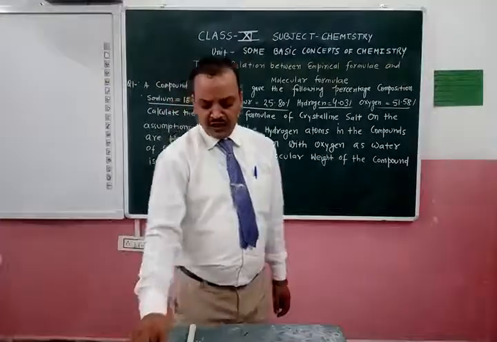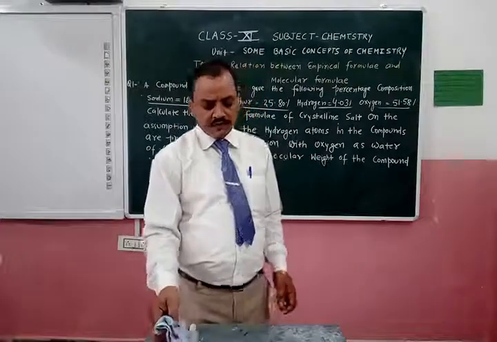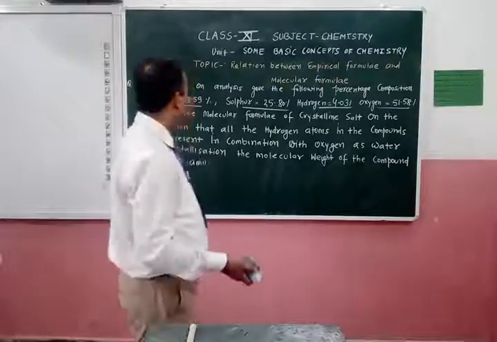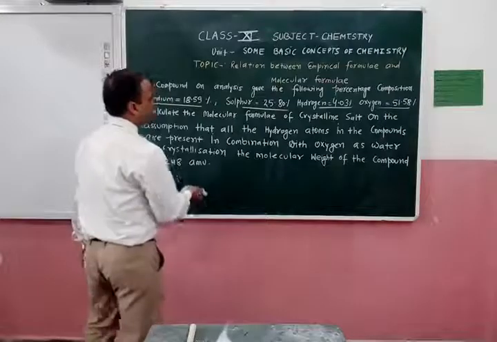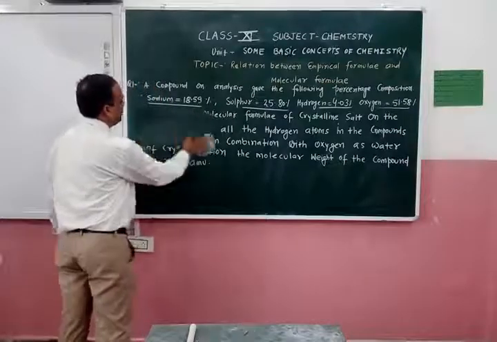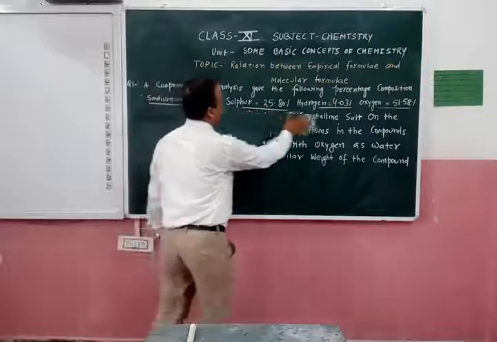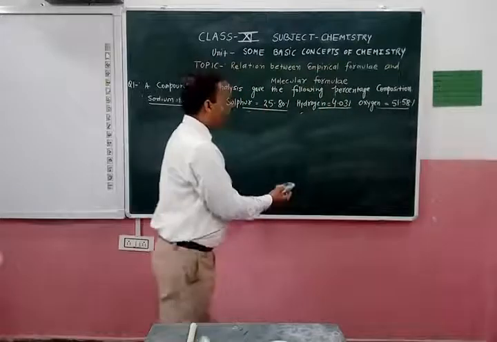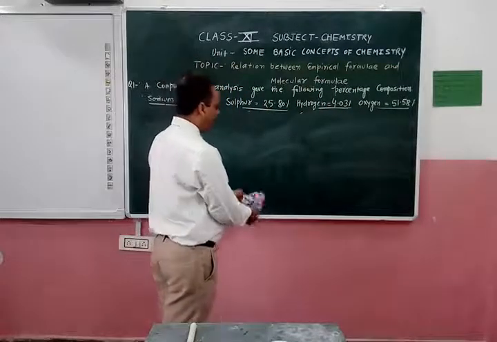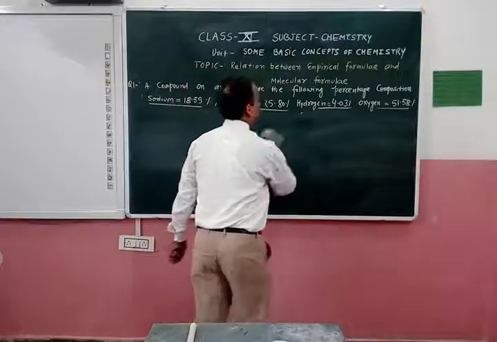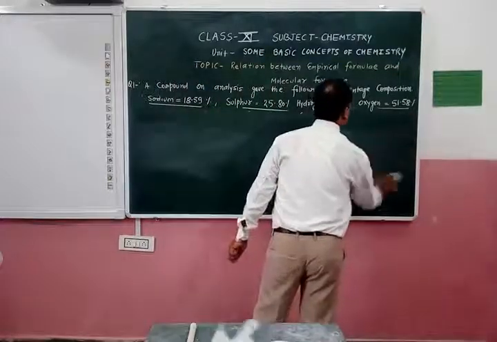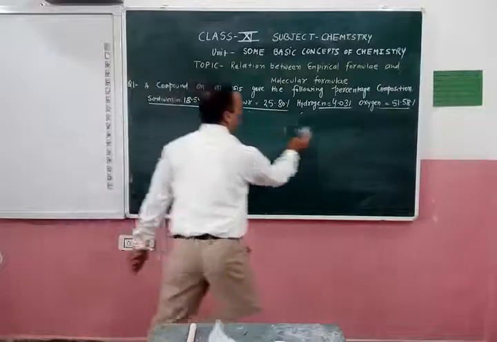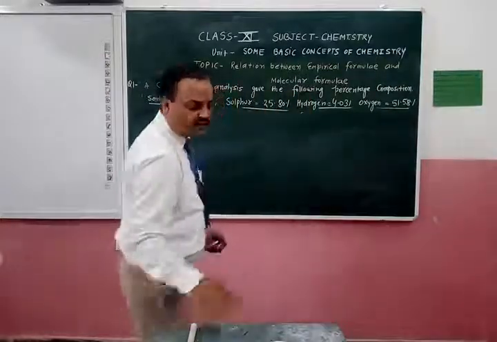So this is the question, how we have to solve this question. That is similar to the previous question which we have solved, and in the same way we solve this question. So see how we solve this question. First of all, we write the given percentage quantity of different elements in this particular question. See what quantities are given.